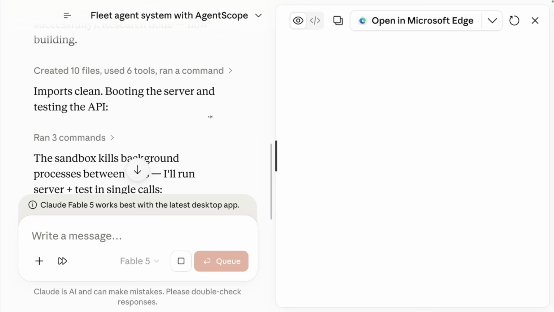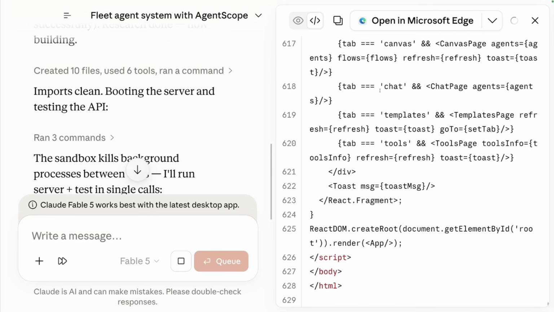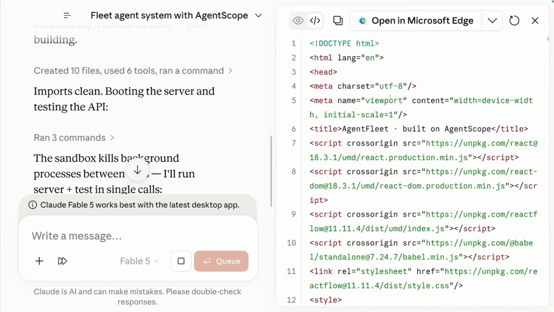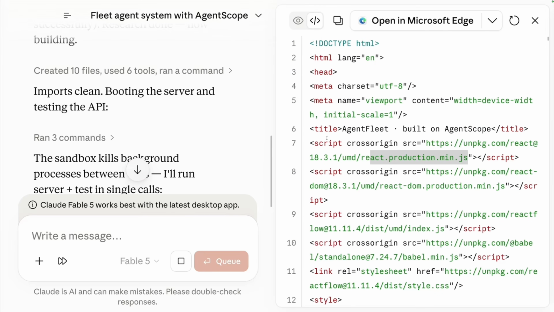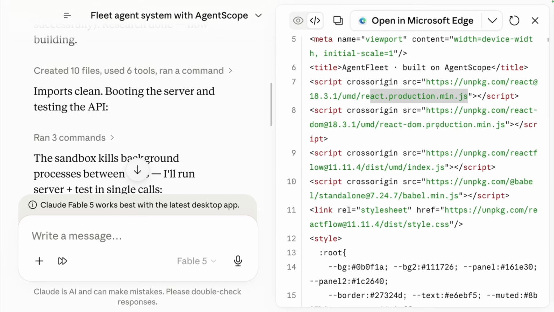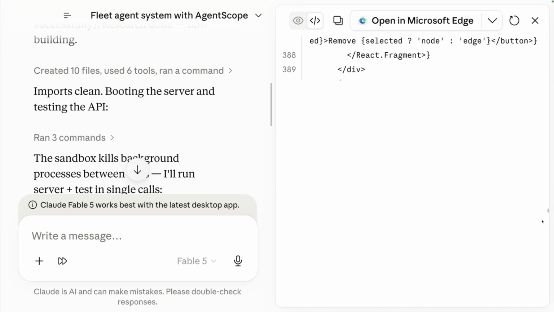Let's see what happens when this loads. Maybe because it's a React application, maybe we can't really see. Let's remove the code view and see what is actually here out of the box. It's putting some stuff here. It didn't actually create a Vibe-based application. It's basically just passing in some CDN links here at the top and building something out of it. Let's see exactly what this will be.